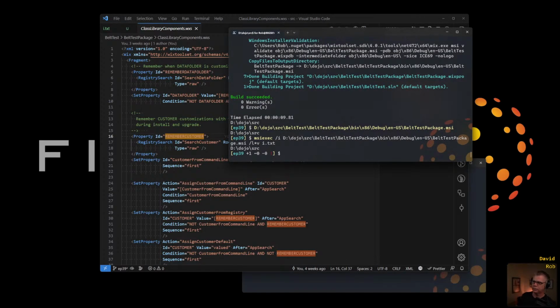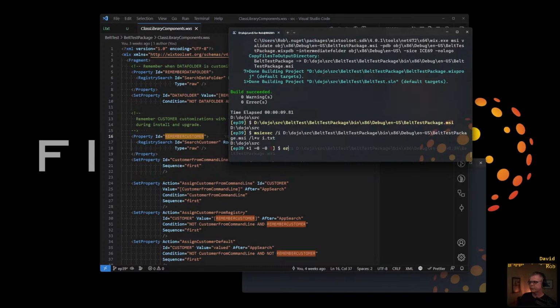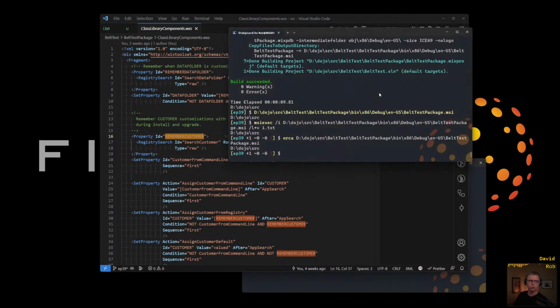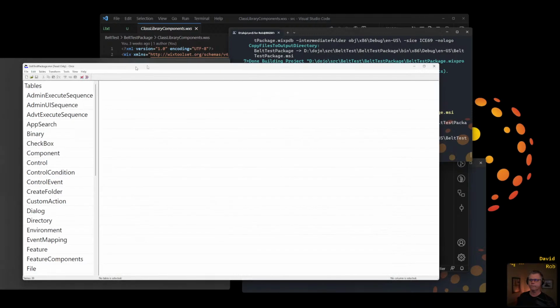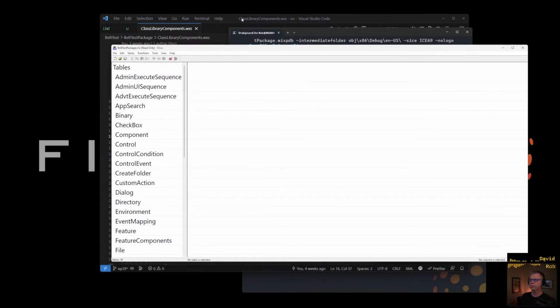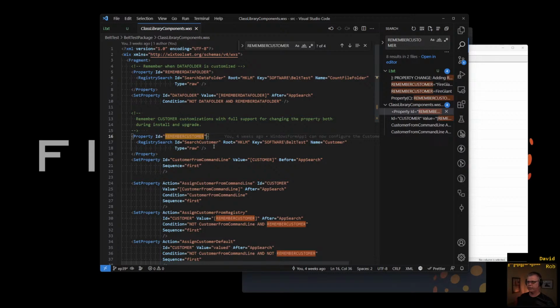Okay. Now, the next thing we're going to do is look at the MSI, because I'm now in no man's land and I want to debug and see what's going on. So we're going to see how the Windows installer stores secure properties, okay? In WiX, you put the word secure right out here. Secure equals yes or true, same thing.